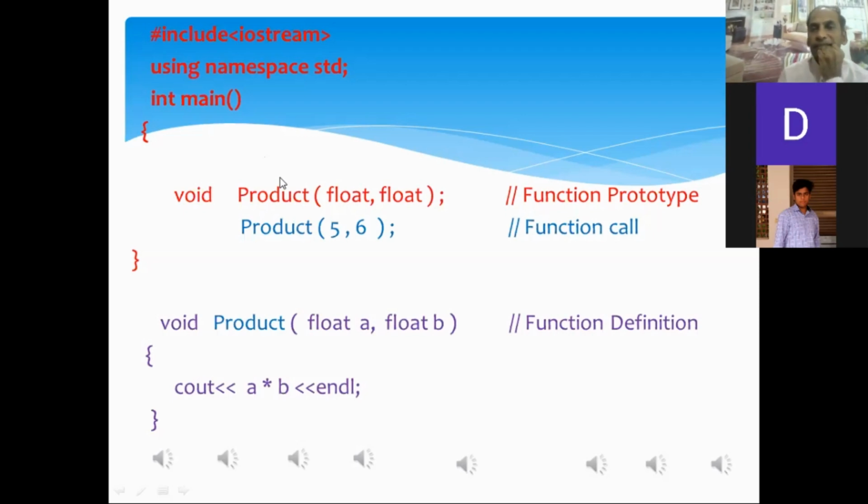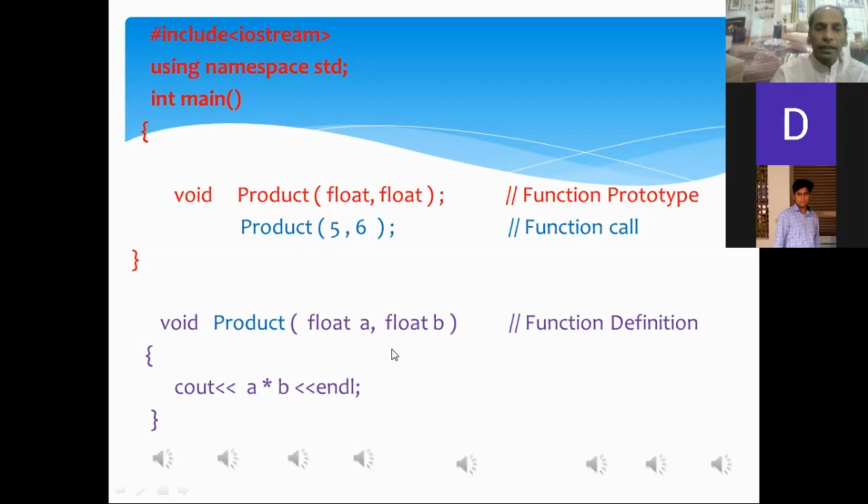In the function call, we have provided 2 arguments, 5 and 6, data values. When the function call statement is executed, the arguments in the function call will be mapped with the function definition's variables in the header.